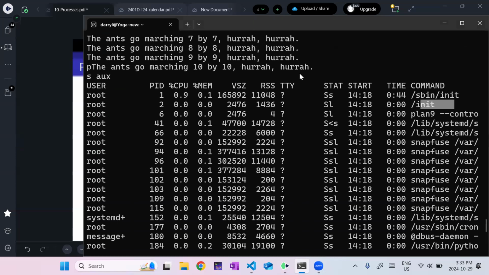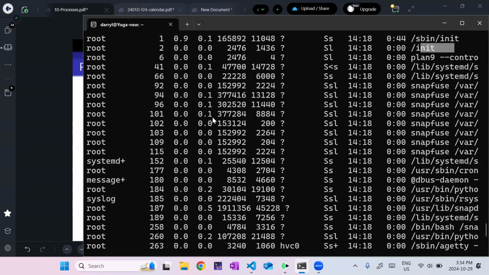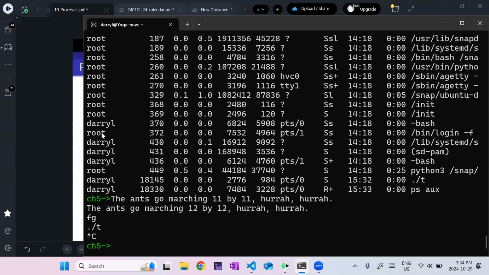Does bash mean background? Bash means born again shell, right? It's just a type of shell. A shell is basically a command line or a terminal, or there's a bunch of words. There are people who know the differences between a bash shell and a C shell and all those things. I'm not one of them. I know the basics enough to kind of navigate my way through, but I'm by no means an expert. But you can see all the running processes, and the ones that I'm running here is bash.